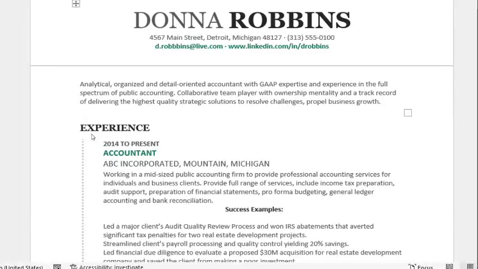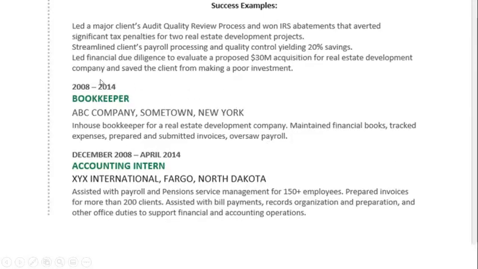For instance, this is one of the accountant resumes. They talk about what they are doing in the company, but you can see the success examples. So always add success examples or success stories if you have them, whatever you have achieved while you were working. For instance, if you are working as a sales manager, and during that time you increased the sales by 20%, always add that to the resume, which is a very good example. And then this is just your previous job, so you have to do the same thing for that.